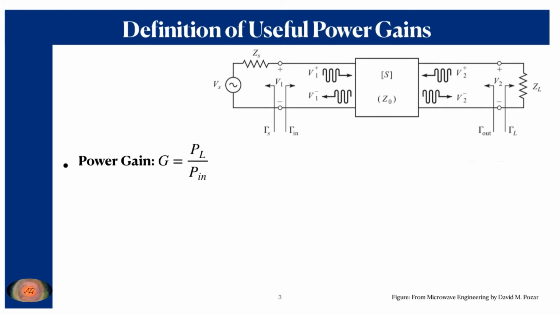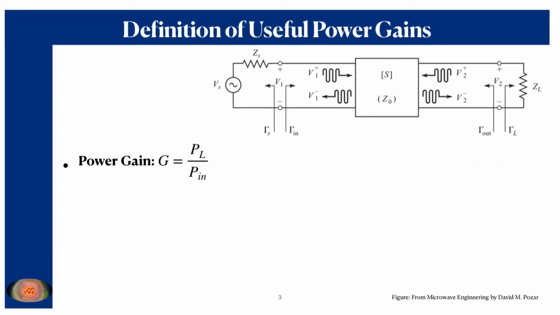which is basically a reflected wave being generated due to the mismatch between the output impedance and the characteristic impedance of the transistor, or the load impedance and the characteristic impedance of the transistor. So therefore this V2 plus is the undesired one, and we should minimize this one because this is the reflected wave from the output terminal to the transistor itself.